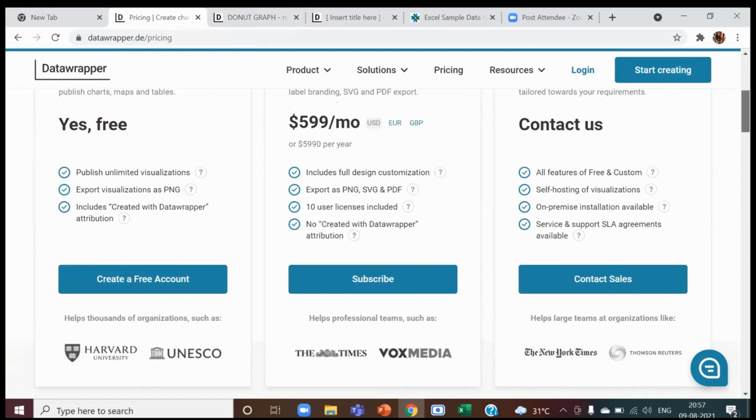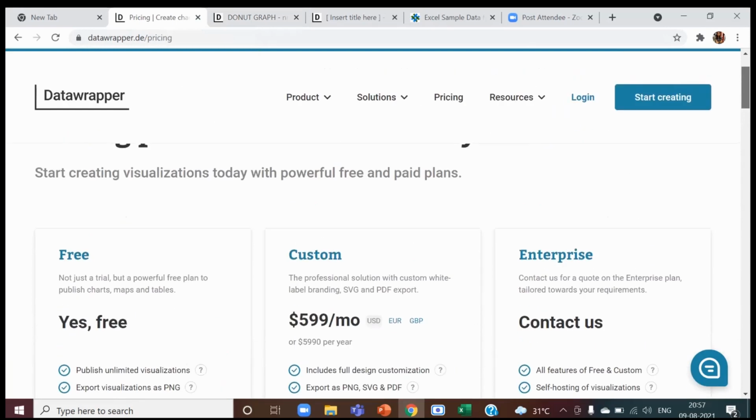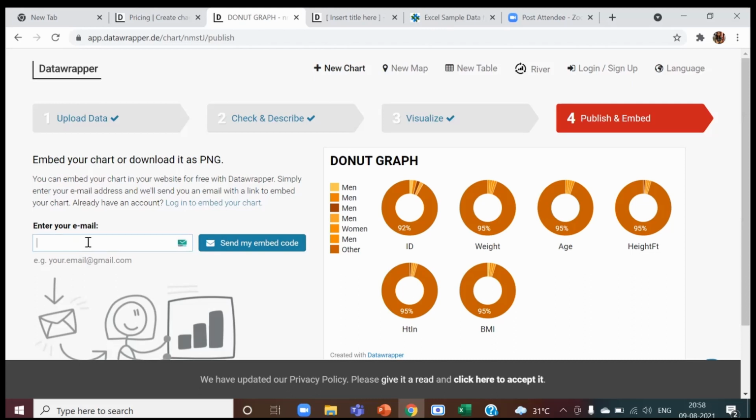Other than that, for a single license use, we can absolutely go for the free tool. So finally, you can publish and embed your data, and receive the whole PNG file, where I'm putting up my email and I'll be receiving the same file.